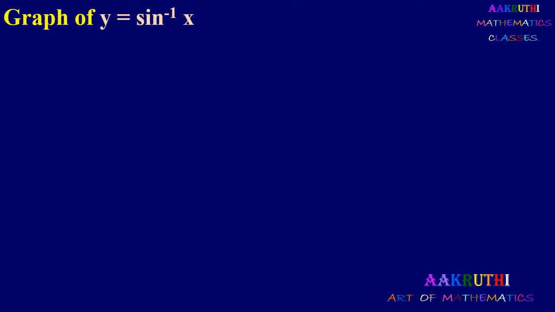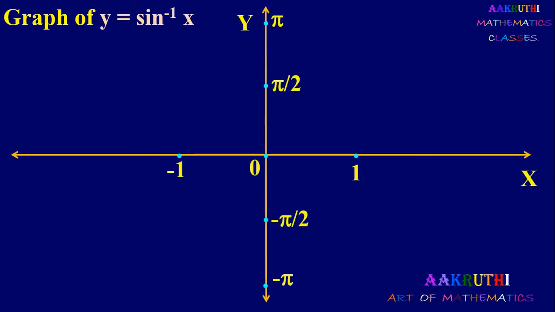Now graph of y equal to sin inverse x. Now here x is values and y is angles. So in x axis we take values and in y axis we take angles for all inverse trigonometric functions. Now graph of sin inverse x is obtained from graph of sin x by interchanging x and y axis. So here we interchange x and y axis. Now here we have sin inverse 0. Sin inverse 0 is 0 and sin inverse 1 is 90 degree and sin inverse 0 is again 180 degree. And sin inverse 1 is minus 90 and sin inverse 0 is also equal to minus 180.